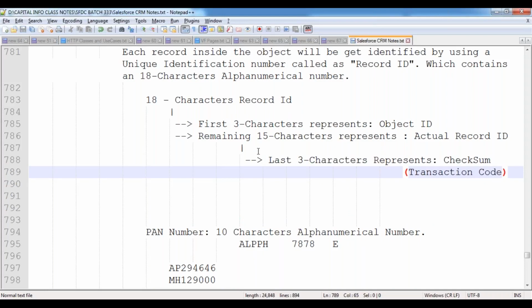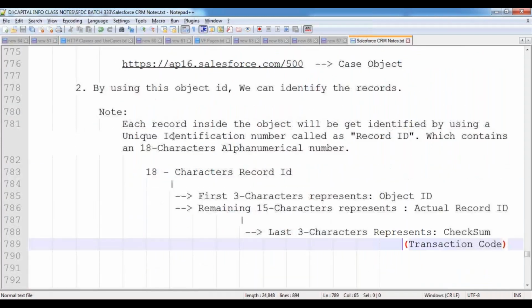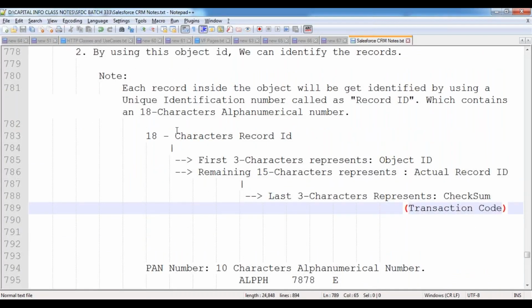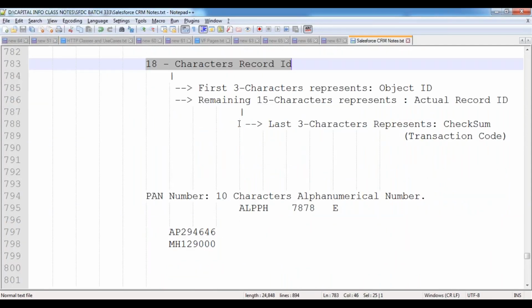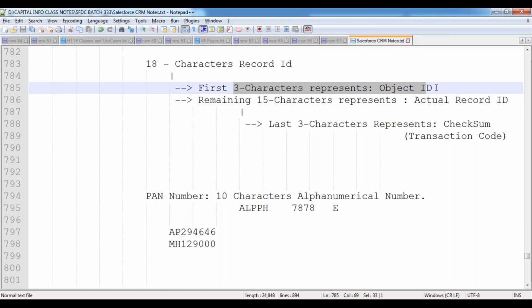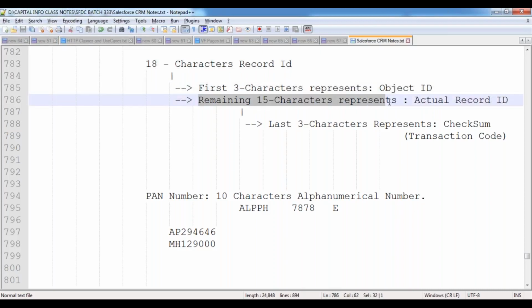For the record that we have created, Salesforce allocates a unique identification number called the record ID. The total 18-character ID is generated by Salesforce. The first 3 characters represent the object ID, meaning which object this record is associated with, and the remaining 15 characters represent the actual record ID.